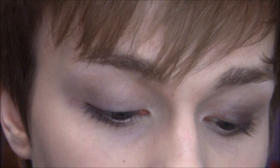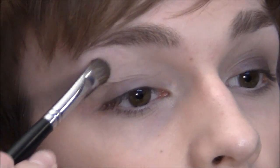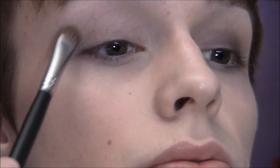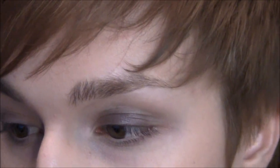Now it says that they used the eyeshadow Bisque all over the lid as a base. I don't have Bisque, so I'm using Vintage Lace by Revlon, and I'm just going to use it all over. I'm not going to cover up the taupe color though, just because I'm putting eyeshadow there. So like that. And then they used a mixture of Copperplate and Satin Taupe, and I don't have either